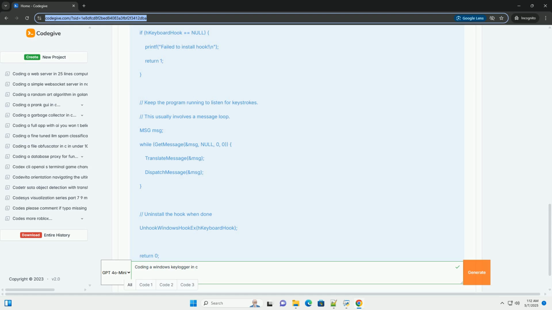#include <windows.h> and #include <stdio.h>: include necessary header files. HHOOK hKeyboardHook: a global variable to store the handle to the installed hook. KeyboardProc: this is the hook procedure. It's the function that Windows calls whenever a keyboard event occurs. nCode specifies whether the hook procedure must process the message. HC_ACTION indicates that it should. wParam specifies the type of keyboard message, for example WM_KEYDOWN, WM_KEYUP. lParam is a pointer to a KBDLLHOOKSTRUCT structure, which contains information about the keyboard event, such as the virtual key